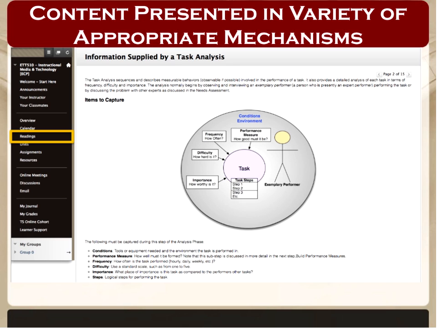And I tried to use a variety of mechanisms for sharing the content. So within readings, there were PDFs and there were some supplementary video clips, things that I found on YouTube. But I did also experiment. For example, I created a learning module, and this is an example of a learning module here inside of Blackboard, where you can notice it looks like a page of content. This page of this learning module has a diagram. There's text above and below, and it's sequenced. You may or may not be able to read this text, but it says page 2